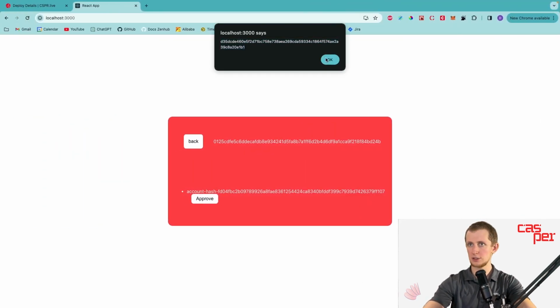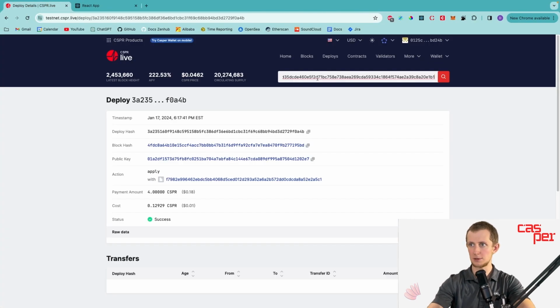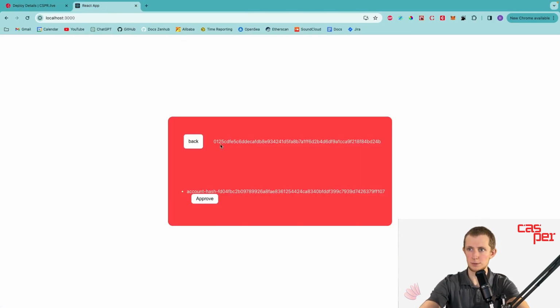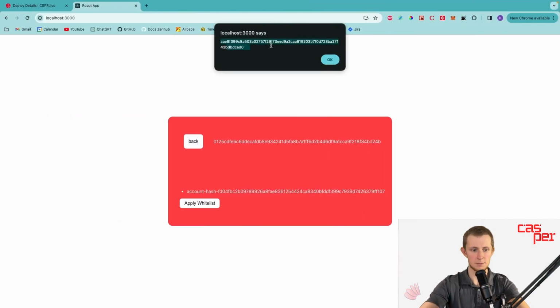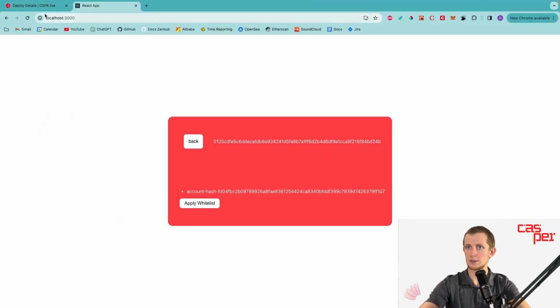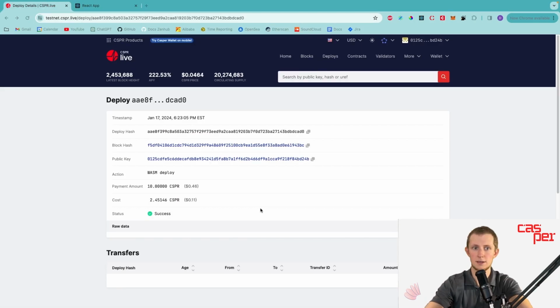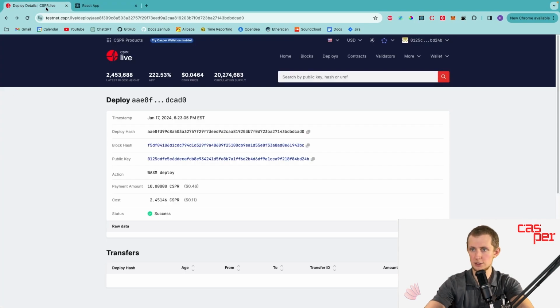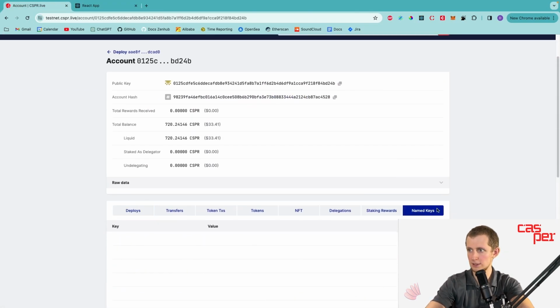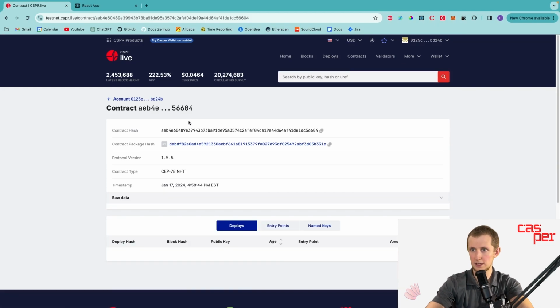Copy the deploy hash and paste it in Casper Live. Once it's complete, we should be able to go back to our application, click on Whitelist, and apply whitelist. Sign the deploy, copy the hash, and paste it in. Our session code deployment succeeded, so we should now find that the whitelister's account hash is officially part of the CEP-78 contract's whitelist. Let's copy the account hash, head over to the installing account, named keys, whitelisted collection,